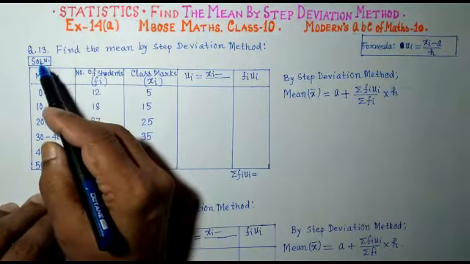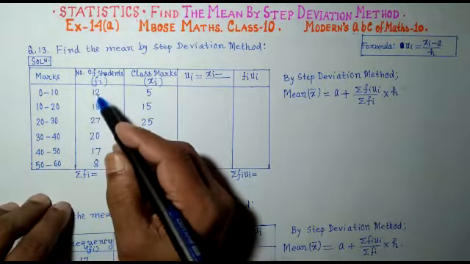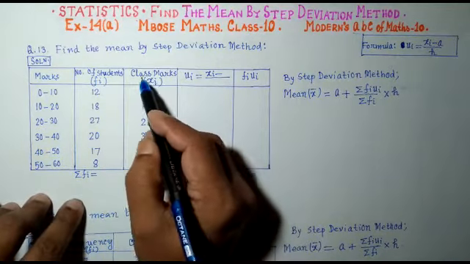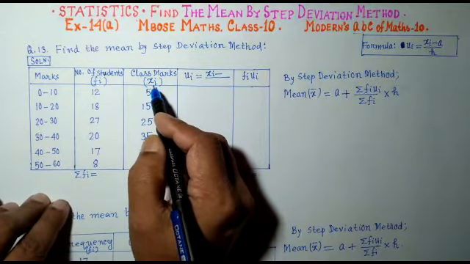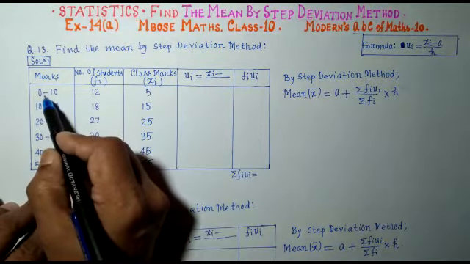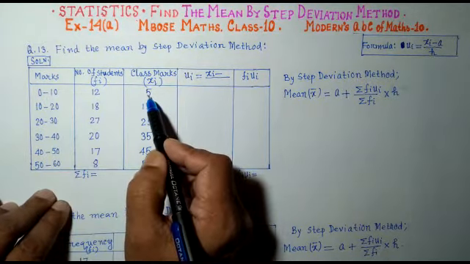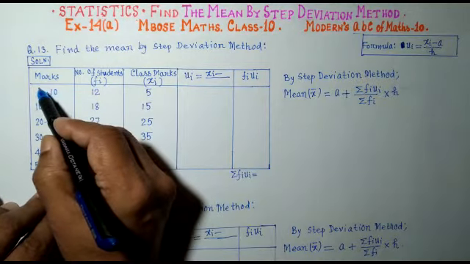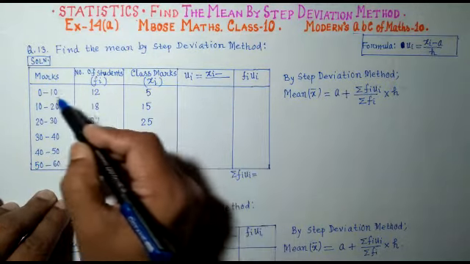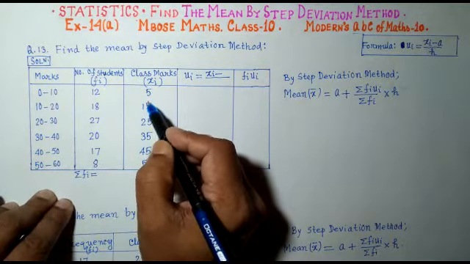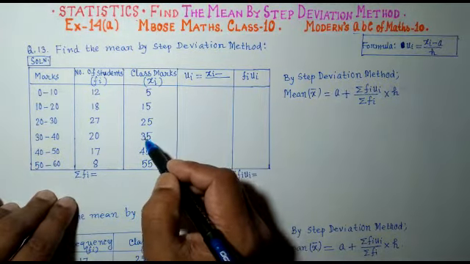Question number 13. The first work is to write the question in a vertical line, which I have already written. The third line we have to write is class marks, xi. How do we find the class mark? 0 plus 10 is 10, divided by 2 is 5. Next, 10 minus 0 is 10, which is the class size. So 5 plus 10 is 15, then 15 plus 10 is 25, 25 plus 10 is 35,